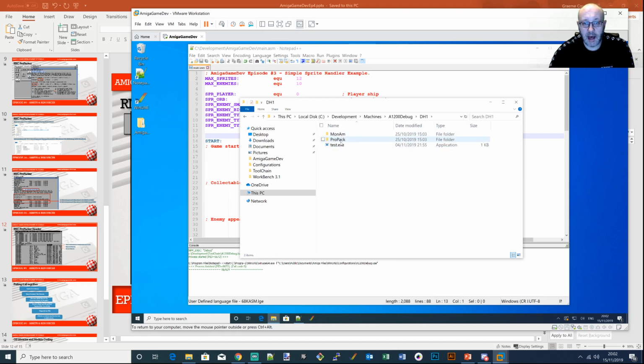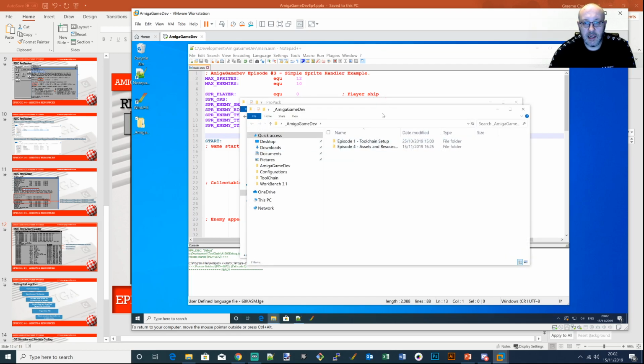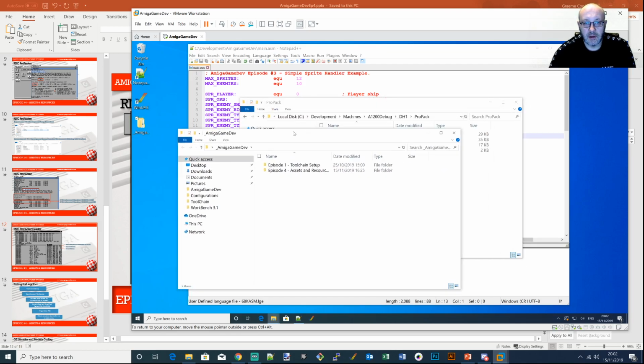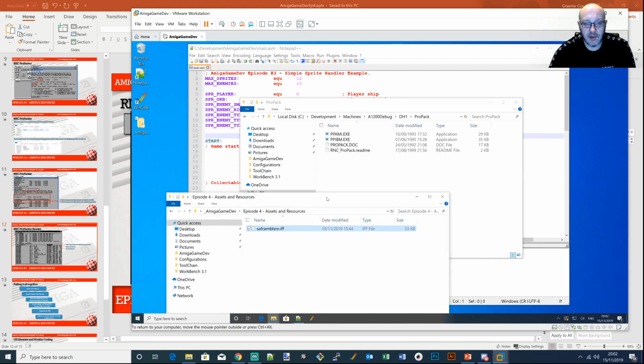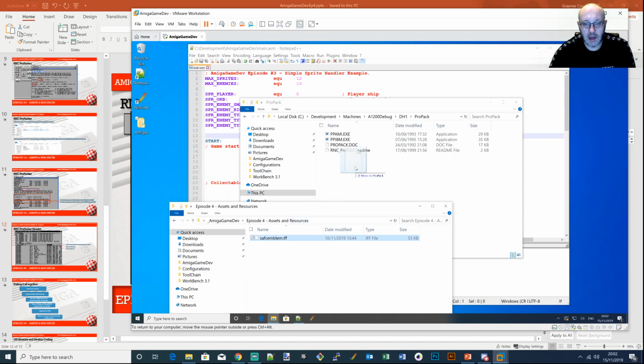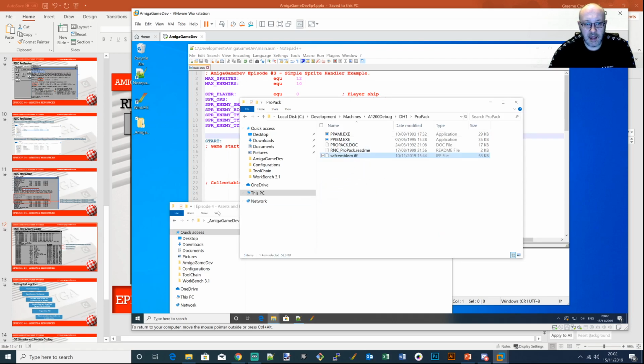We've got ProPack already there, and we don't currently have the images, so I'll just copy this uncompressed IFF file into the ProPack